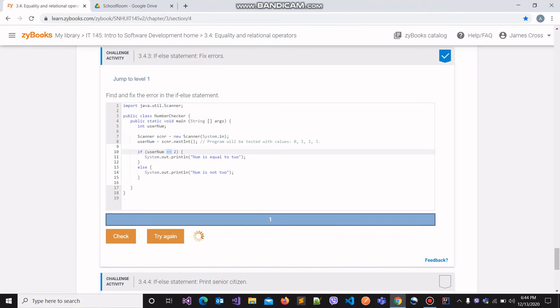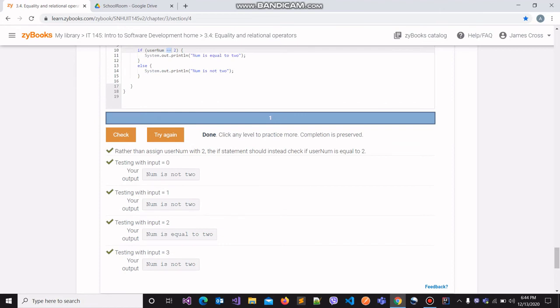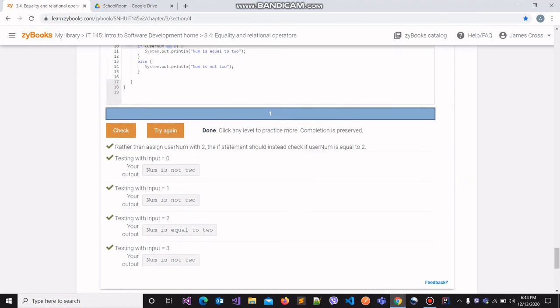This will take a few seconds. Great. So it seems that we corrected the expression as required.